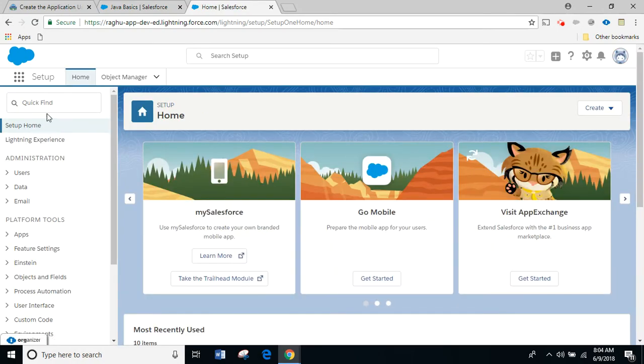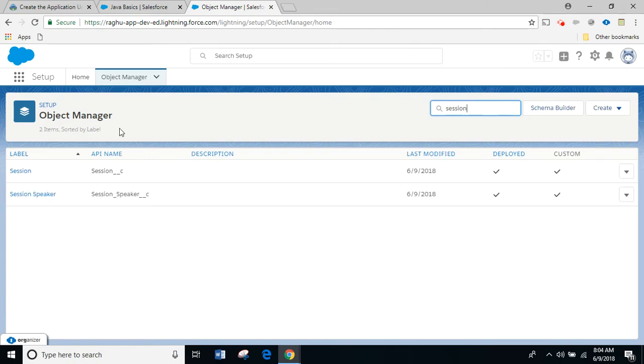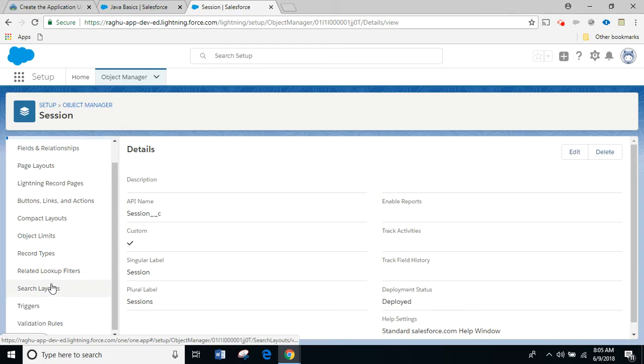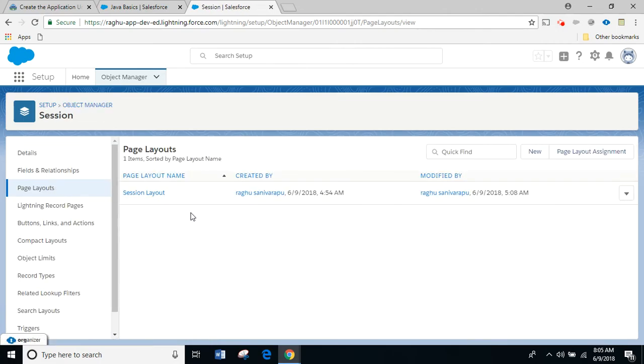So in this setup, click on Object Manager and look for the object that we want to change. This is a session object I want to customize. Click on the session, and on the session there is something called a page layout. Okay, sorry, it's here, the page layout. So on the page layout, let's modify this page layout. Click on the session layout,